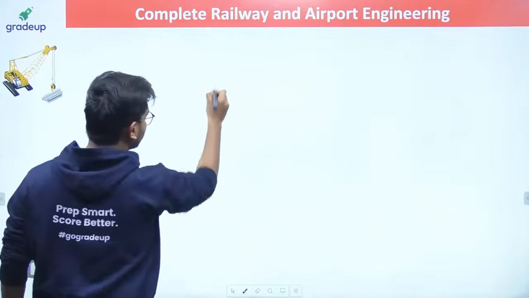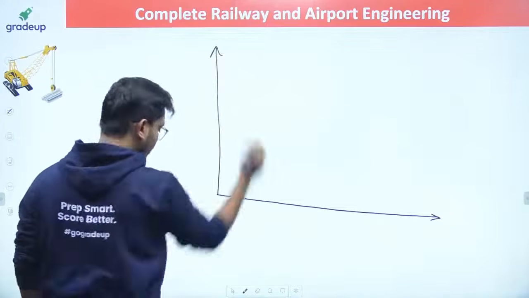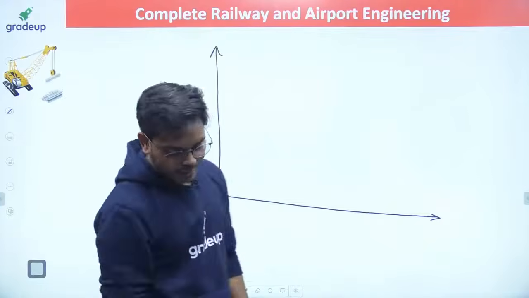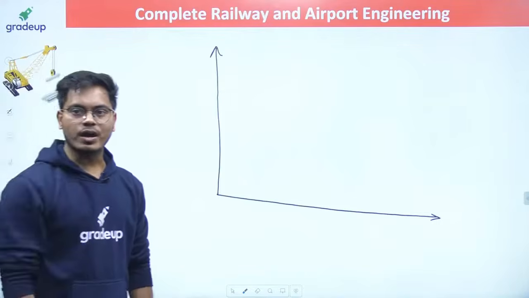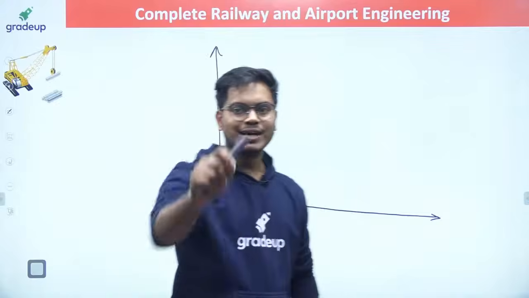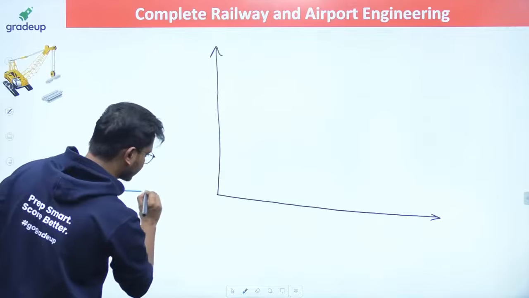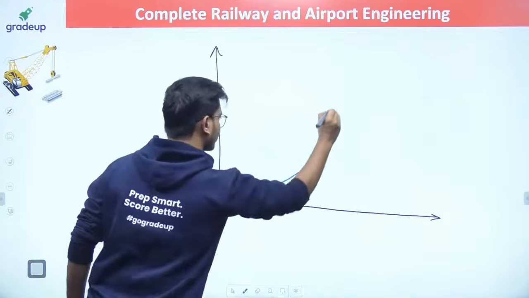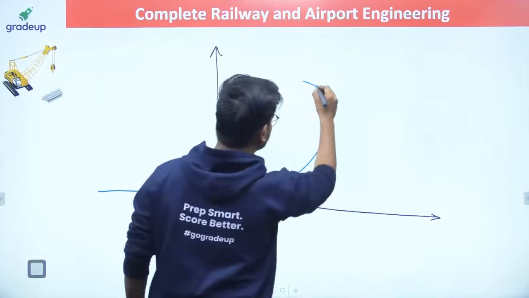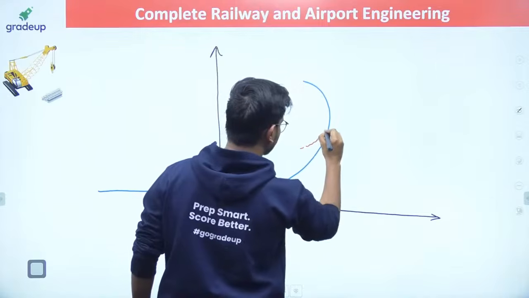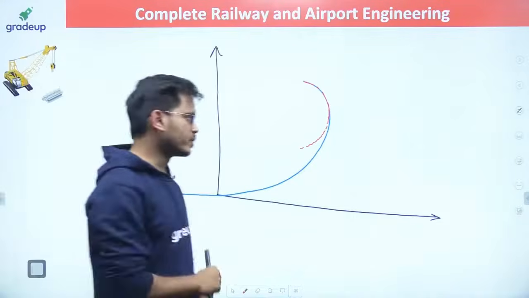So here we have a curve like this. Like this is the curve, everyone, right? So I am going to provide the cubic parabola. Very good. Ravi Teja, Akash, and Divya. Cubic parabola is the right answer. So from here, I'll be having a track like this. Okay, and then this is my transition curve. And here I'll be having the curve. This is basically the circular curve, right? The horizontal curve, everyone, correct?